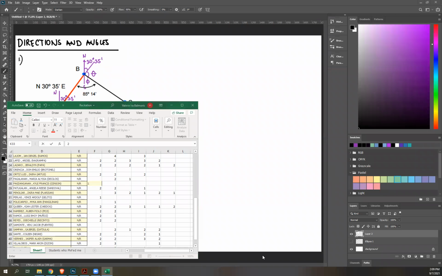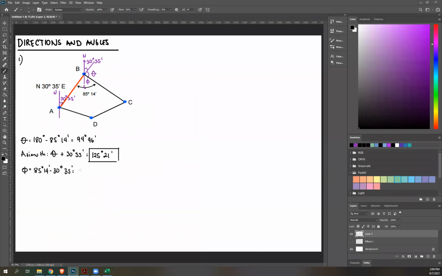It's 5439. That's not our answer, that's just the angle. I need bearing, and to write bearing, you need to include the direction. To get direction, just figure out where you took it from. It's either north or south. We've established that we got it from south. So that's south, and then your angle